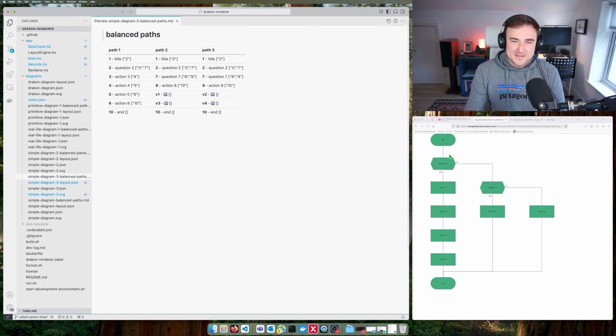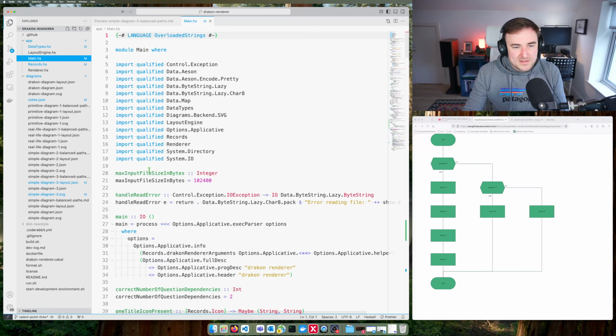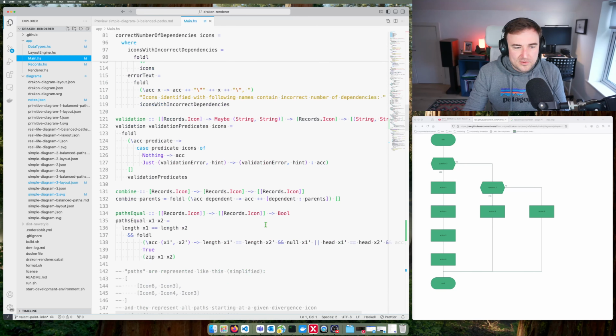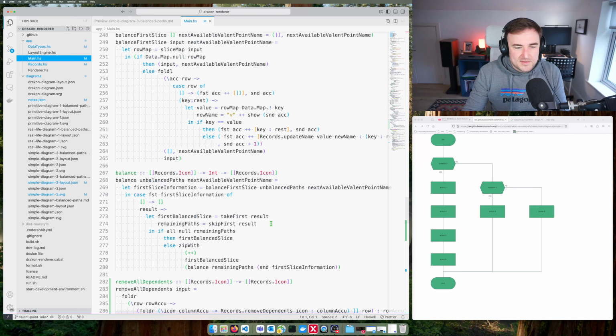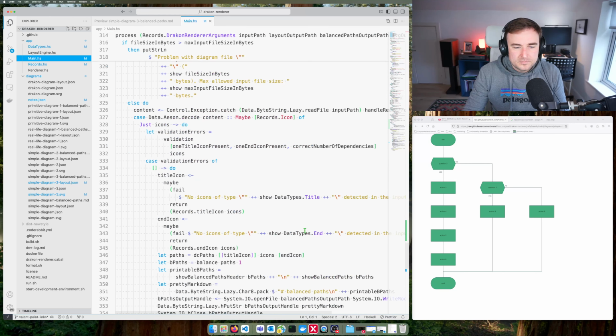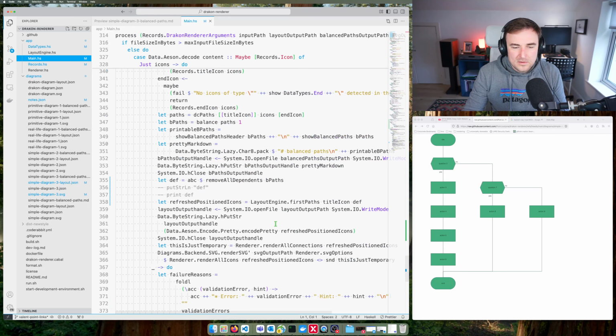Now I think the next step for us is to change the layout engine to consider valence points and positions. Basically we do not need this function anymore. Where was this? First paths. Because now